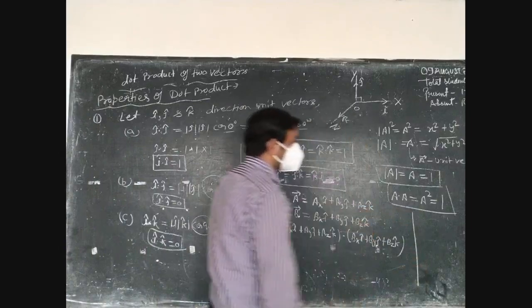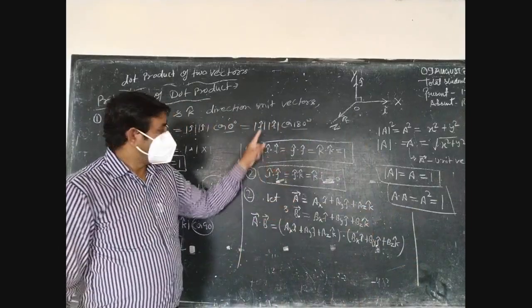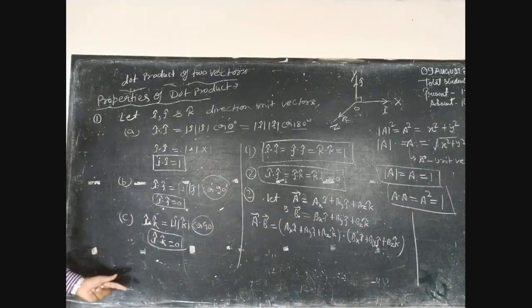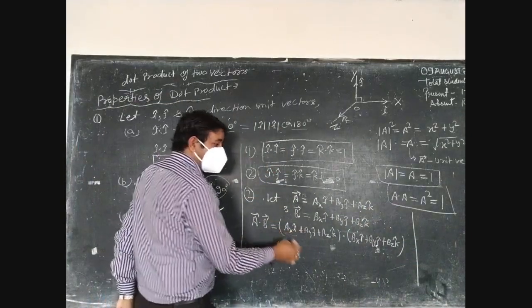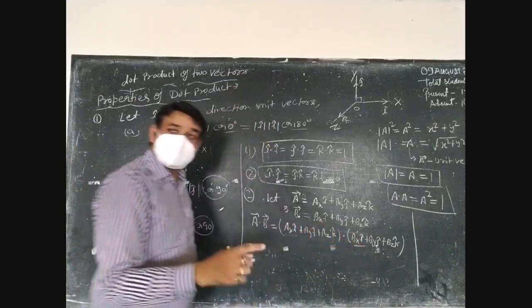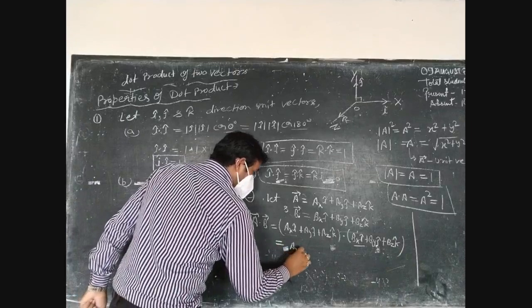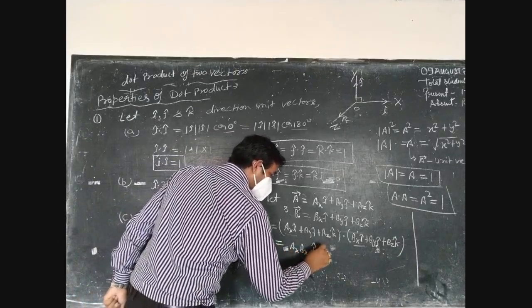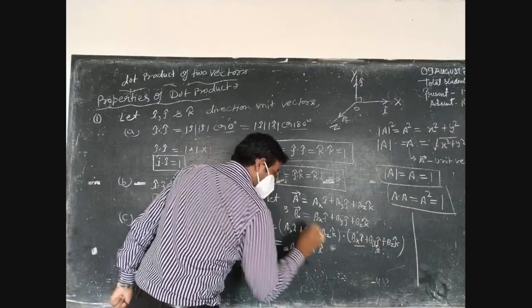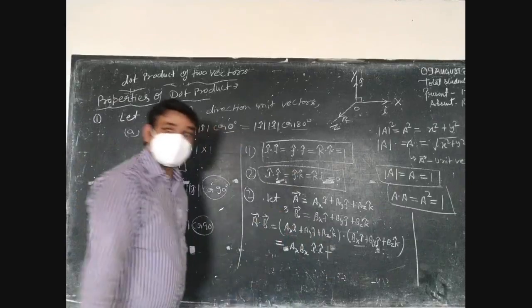Just see, as we discussed in the above three situations, when this ax i cap multiplies with this bx i cap, what result will come? That is ax bx i dot i, and plus